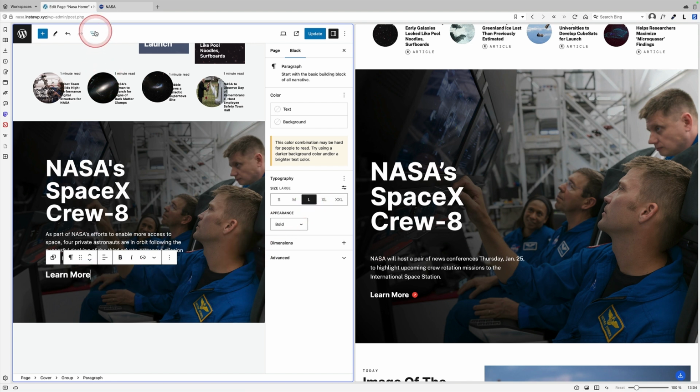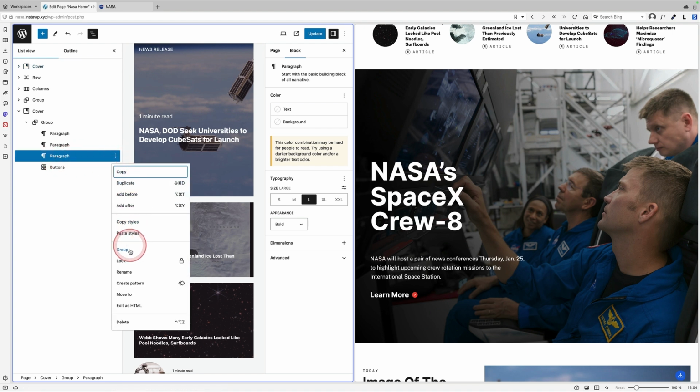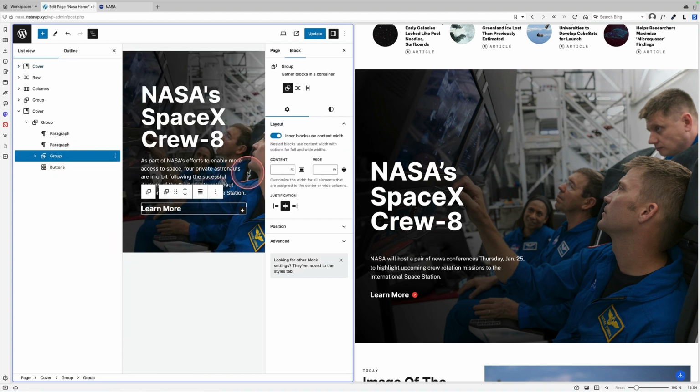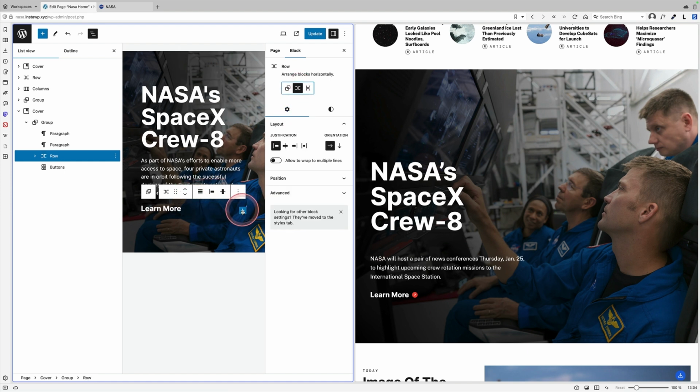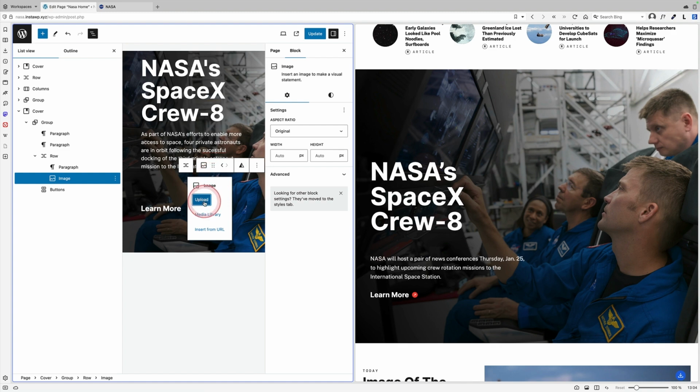Now, what I want to do here is turn that into a little group block. So I'm just going to group it. And you can probably guess what's going to happen now. I'm going to turn it into a row block. Then I'm going to add my little image icon, which hopefully I've got one